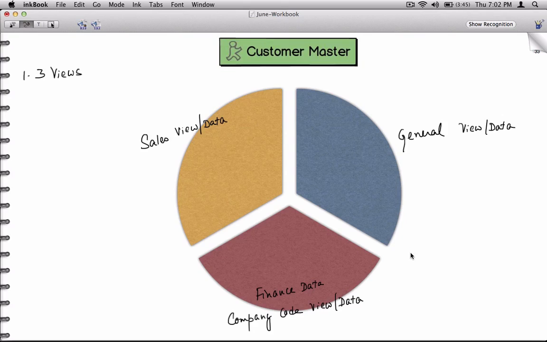Why is the customer data divided into 3 views? Let me give you a scenario. So here is our customer, let's say Walmart, and Walmart is not a good example in this case. Let's take a smaller and new customer. Let's say the HP sales department has bagged a new corporate customer, and they've been negotiating with them, and finally they agreed to buy something from us. So the sales guy, let's say Brian,